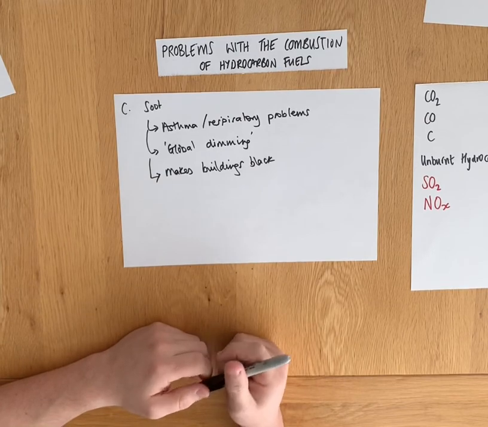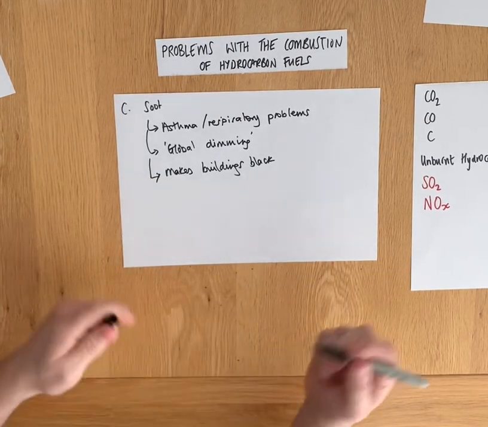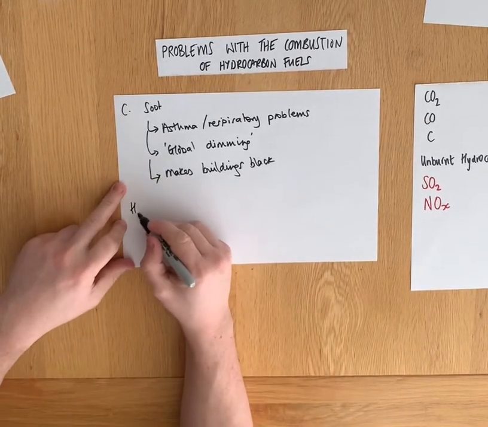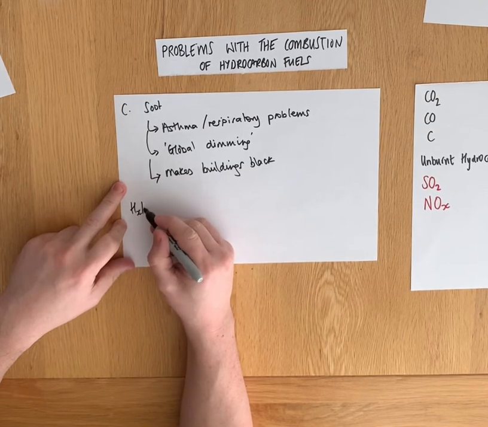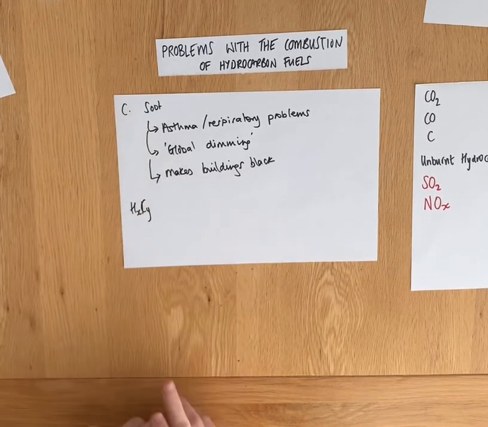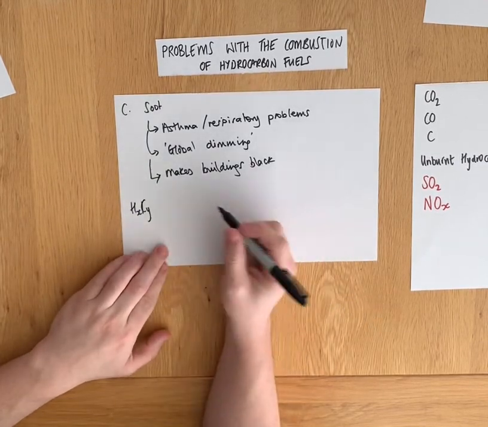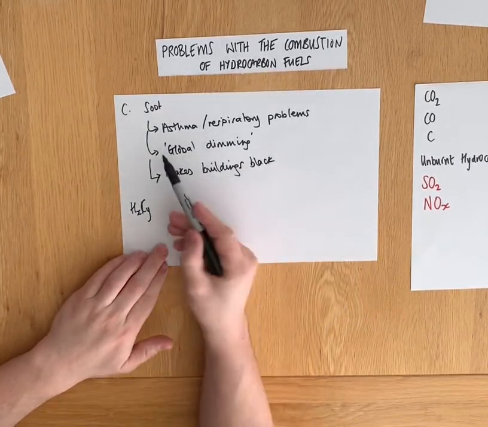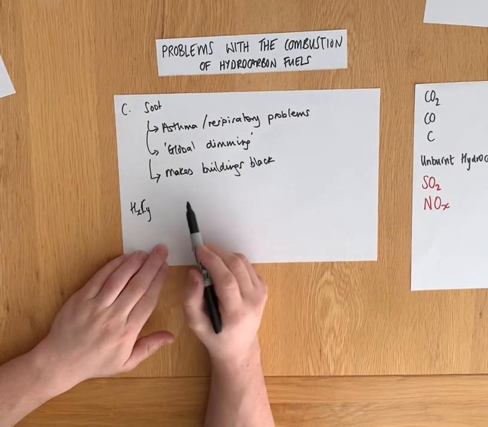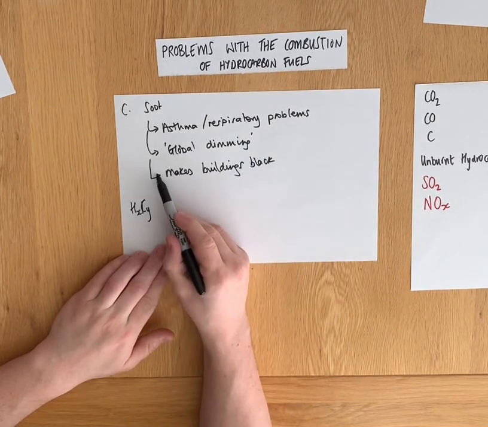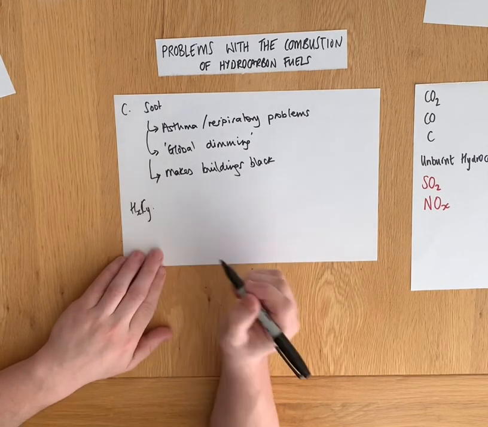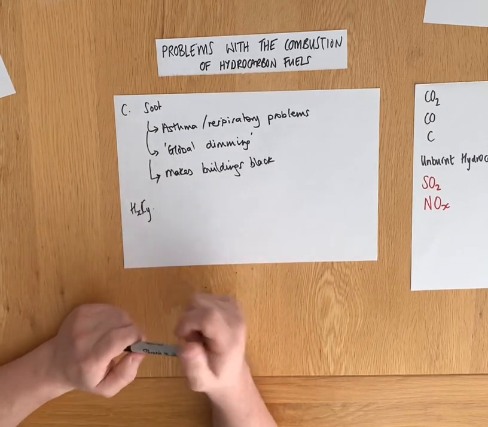That's about it. Unburnt hydrocarbons, so these unburnt hydrocarbons, they can also trigger photochemical smogs, asthma, respiratory problems, and they also could be carcinogenic. To be honest, I don't know why I've added this because it's not in your syllabus, but never mind,